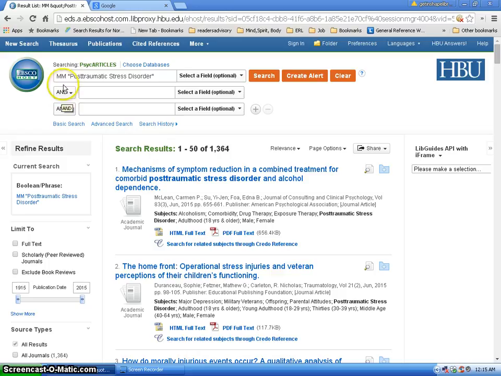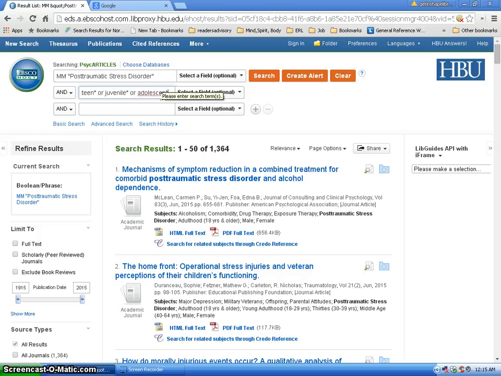By using the word "and" between the 2 text boxes, I'm saying that every article must have this subject heading plus the term or terms that I add in here. So using what we learned earlier in Module 1, I think it was Module 1 Part 1, we are going to use teen truncated with the asterisk, or juvenile with the asterisk, or